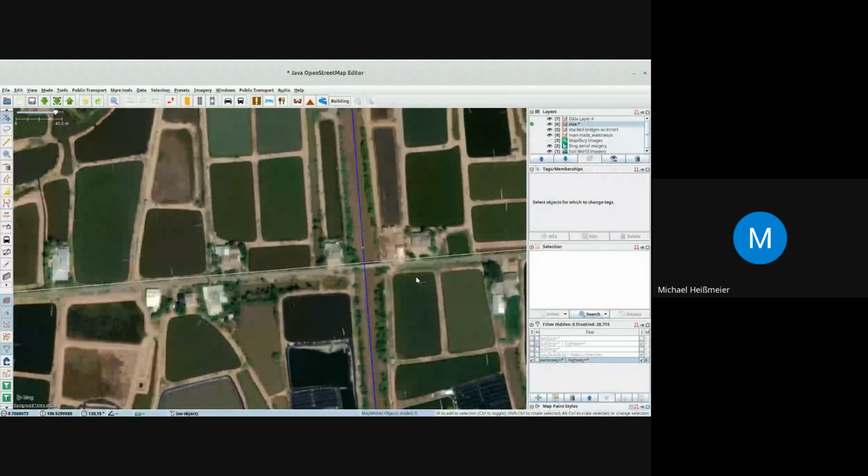There is a plugin. Let me just show you. F12 gets you to the preferences, and we've got the plugins, and looking at my installed ones here, we've got the PT Assistant. This abbreviation stands for public transport, and it was developed for public transport people.